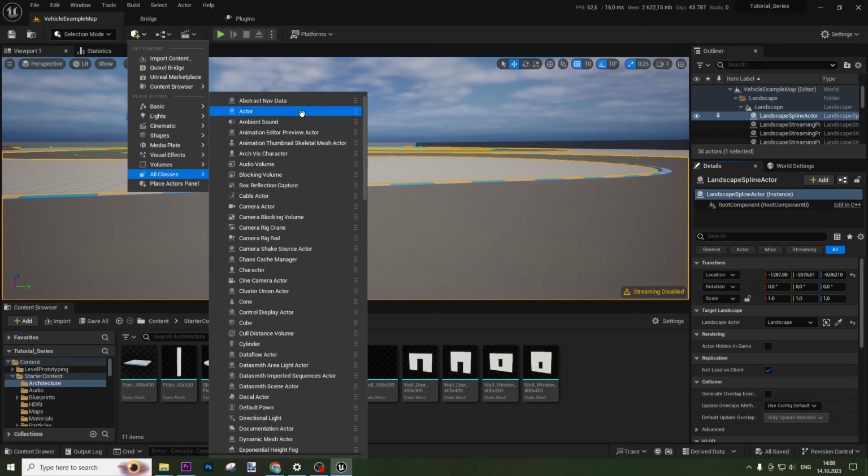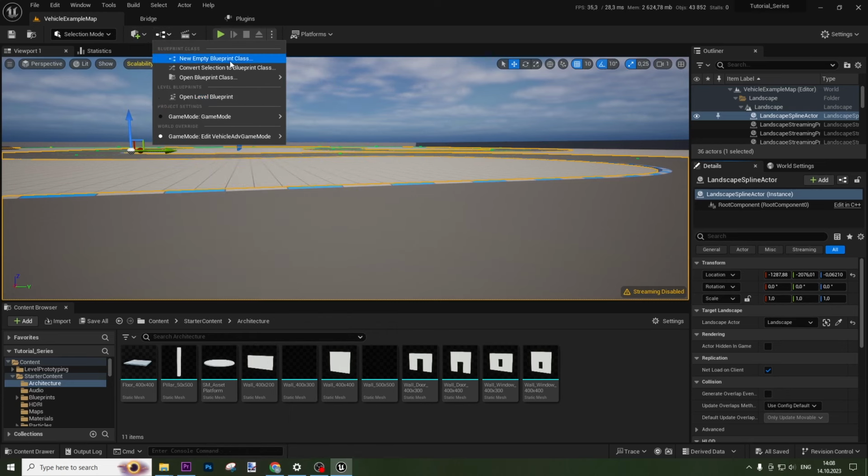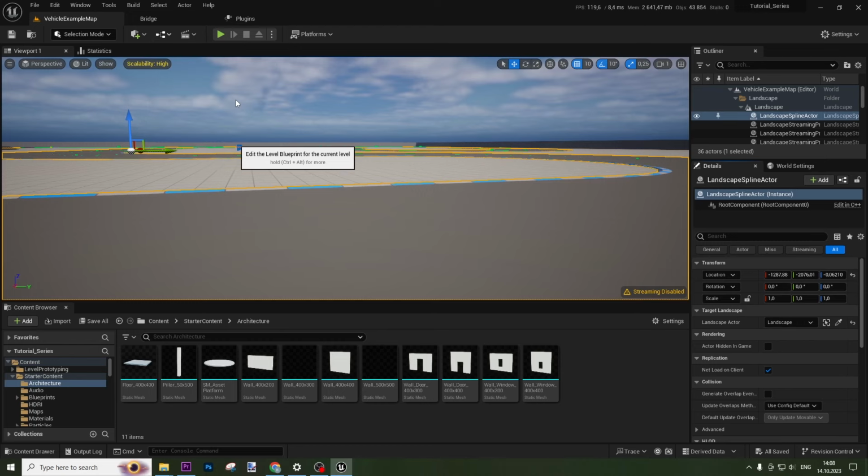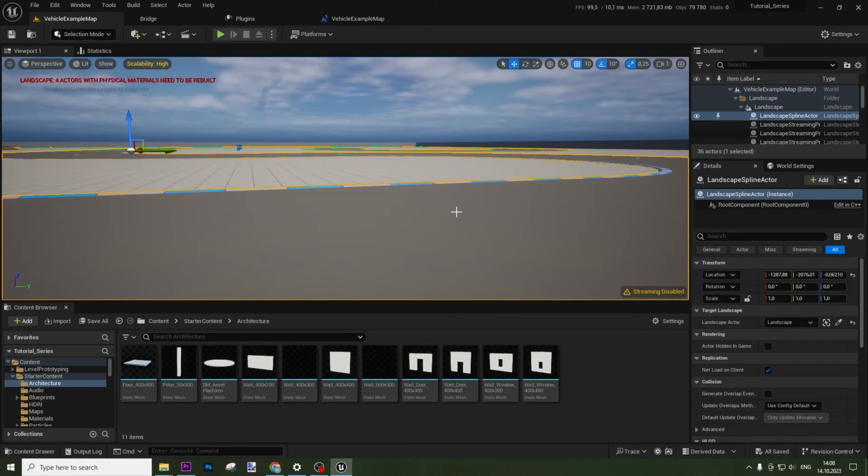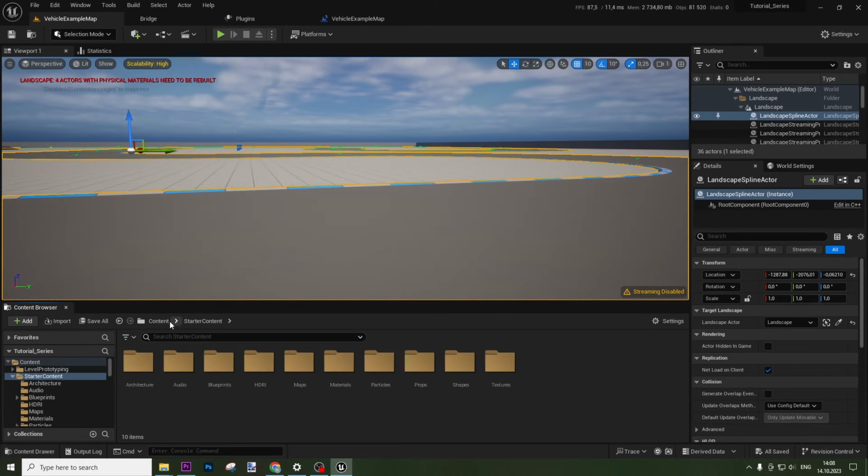All classes, you can find here everything that you have in the project. Alright, this is a blueprint button. Blueprint button contains this open level blueprint. This is a special blueprint only for this level. So for example, let me show you this